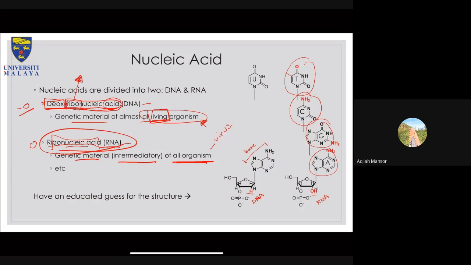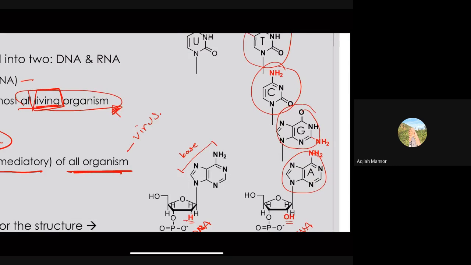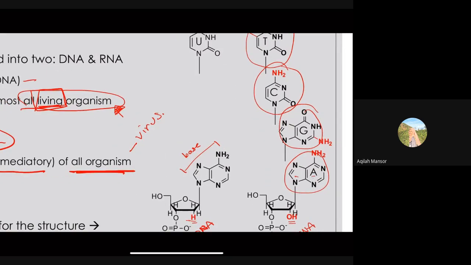Okay, now I've already answered about that, so you don't need to have an educated guess. What we will see now, on the right hand side, where I put in a very small alphabet inside there, is that basically there are five different molecules, and all of these are connected to either one of these. DNA on the left hand side and RNA on the right hand side.